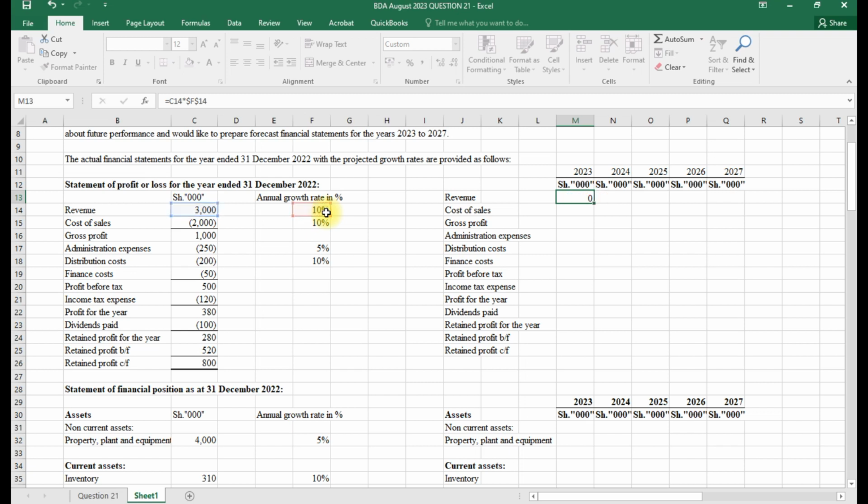It's not changing, and it should be by 110. Just a minute. I'll multiply by, open the bracket, 1 plus 10%, fully lock that and close the bracket. So I shall have 33 for the first year, 33, and for the second year,